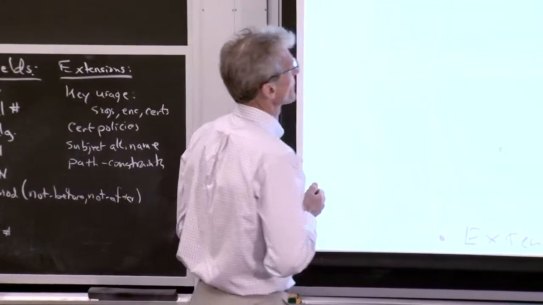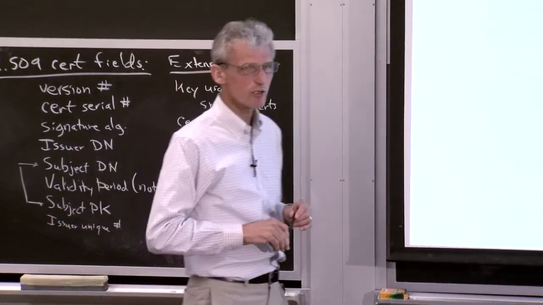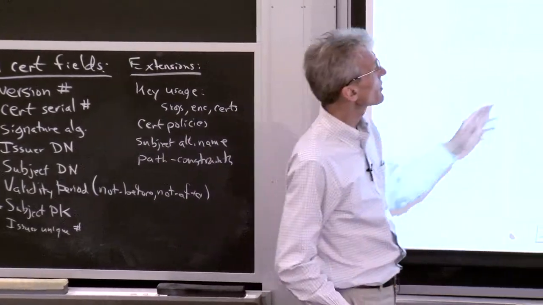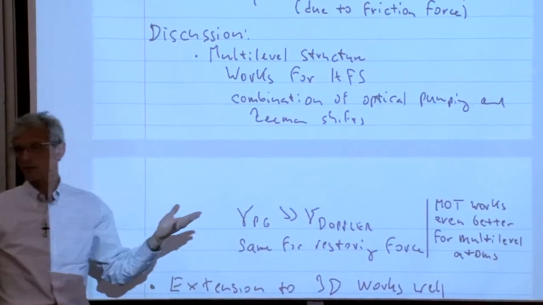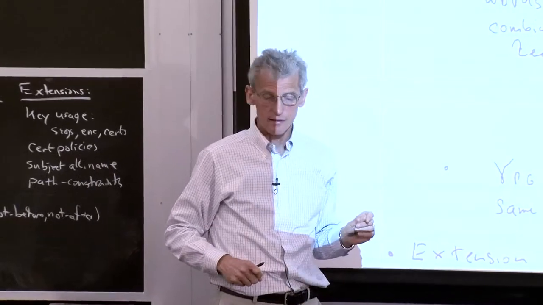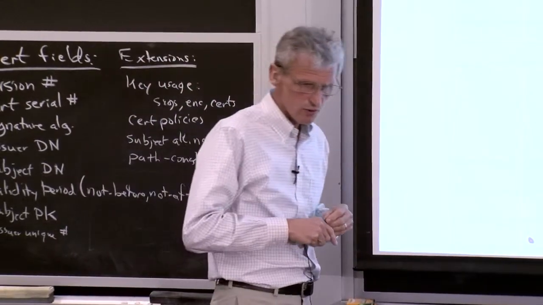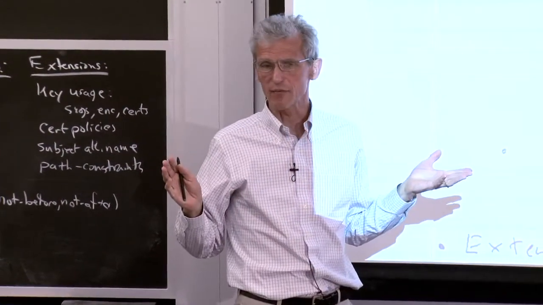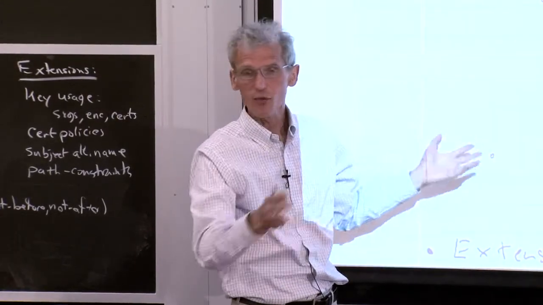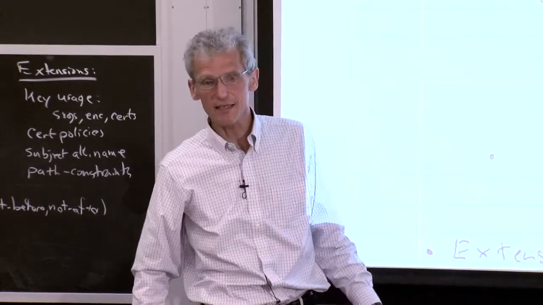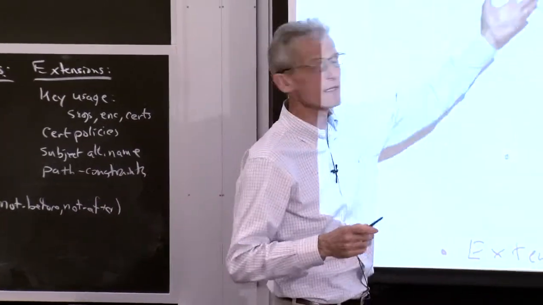However, the magneto-optic trap is not so simple. I would actually say nobody fully understands the magneto-optic trap, because we have multi-level structure. We don't have just one ground level. A sodium or rubidium atom, with F equals 1 and F equals 2, has 8 different hyperfine levels. So there is not one level that we can excite the atoms from. There are 8 different levels, and those laser beams do optical pumping among those 8 levels, and you have to solve a rate equation for 8 different levels. And the amazing thing is, it still works.